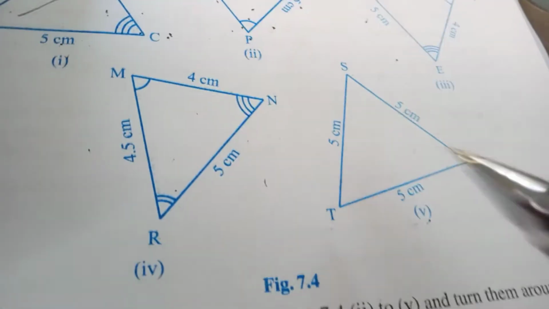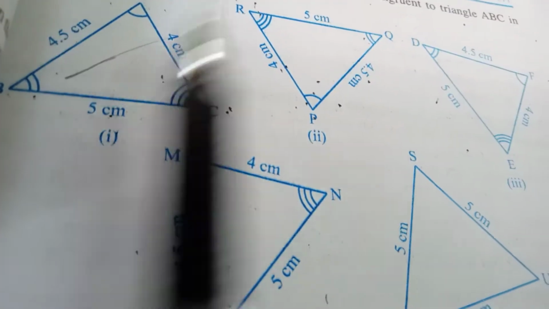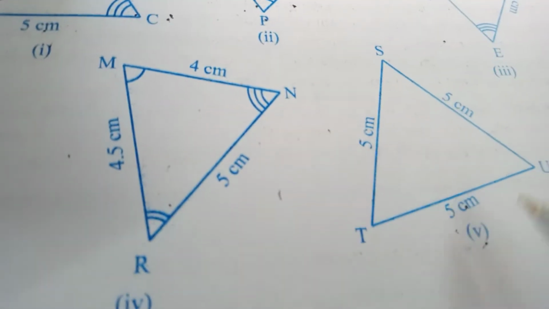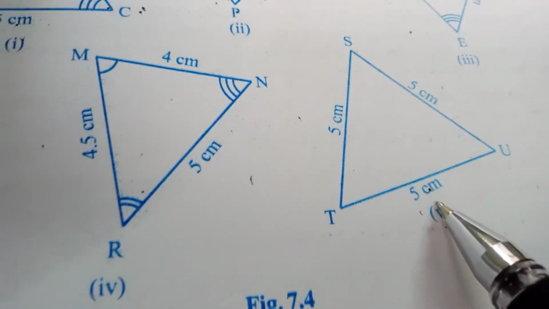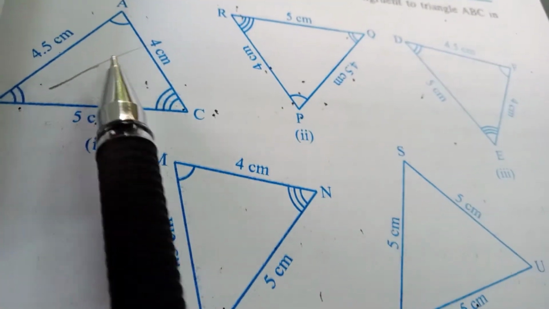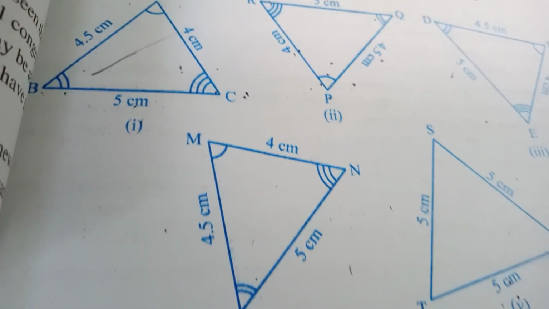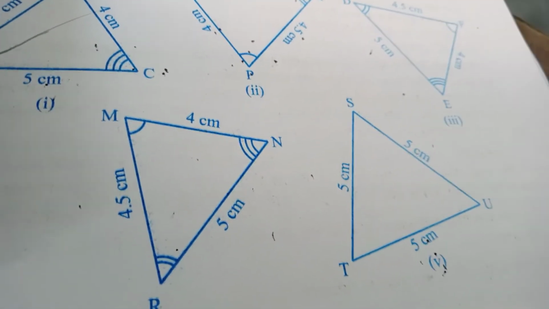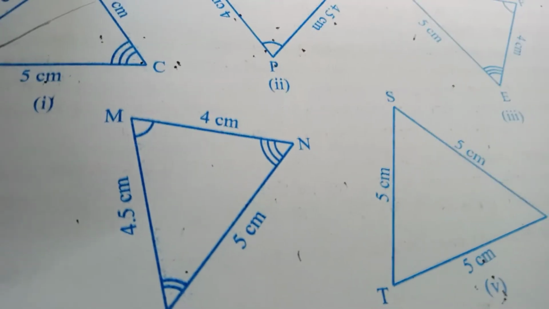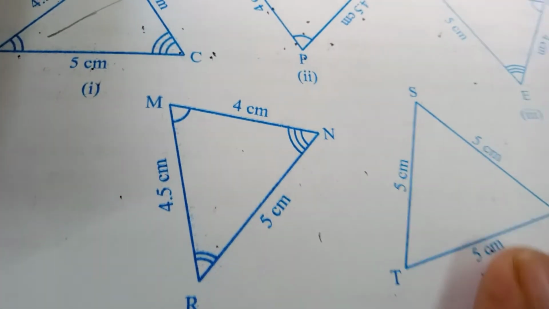Now let's talk about the fifth triangle. You can see that the sides do not match the first, second, third and fourth. All the lengths are 5, 5, 5 centimeter. It is an equilateral triangle. So figure number 5 is not congruent to this one. I am sure that you must have got the idea about congruency: the two triangles should be congruent in terms of side or in terms of angle. Otherwise, if any of the terms is not matching, you can't say that the triangle is congruent. Clear?